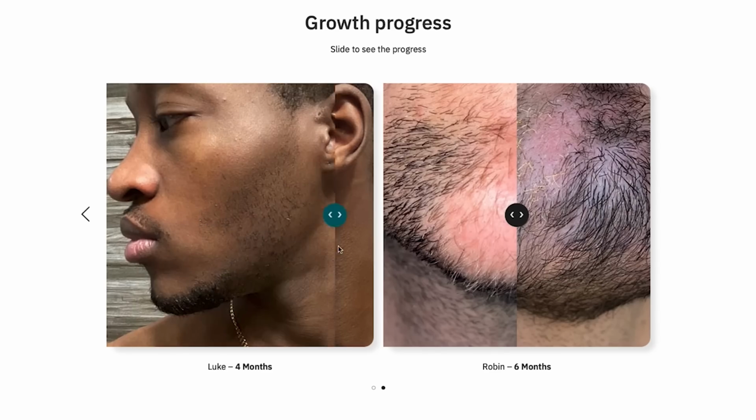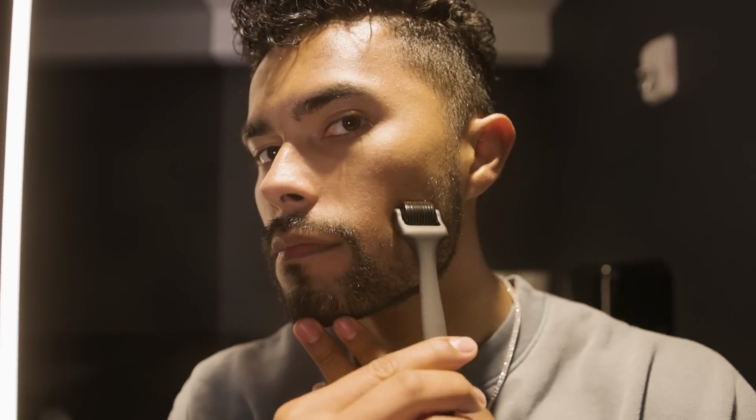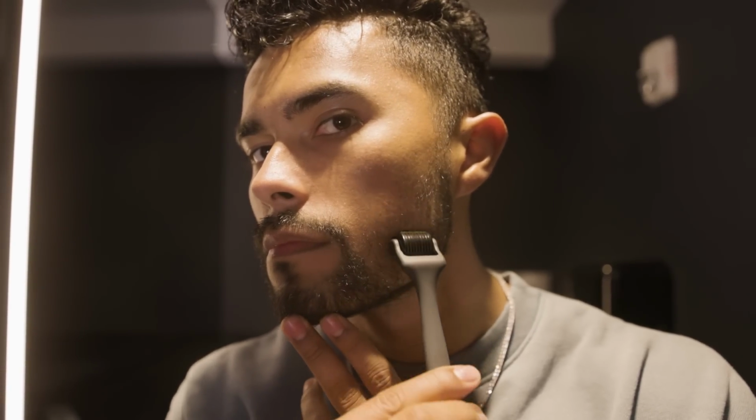Hair growth will start, and again, this is scientifically proven, and don't just trust science, go look at reviews, go on forums and see guys using Derma Rollers to grow their beard. The before and afters are insane. The Derma Roller, you have to understand, it's a 2-in-1. Not only does it focus on the beard growth, but it also focuses on that collagen production,